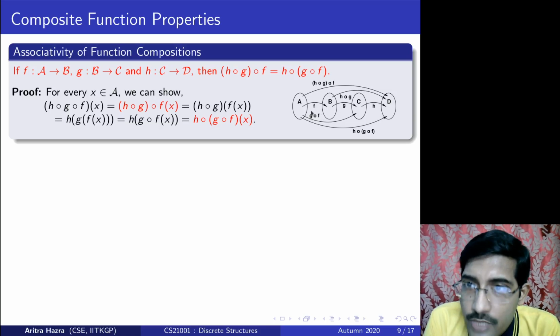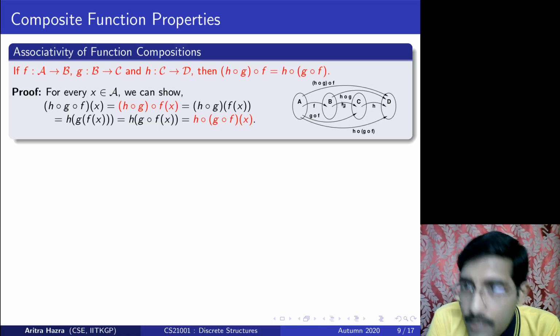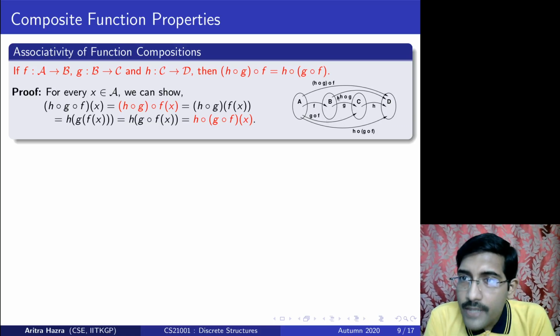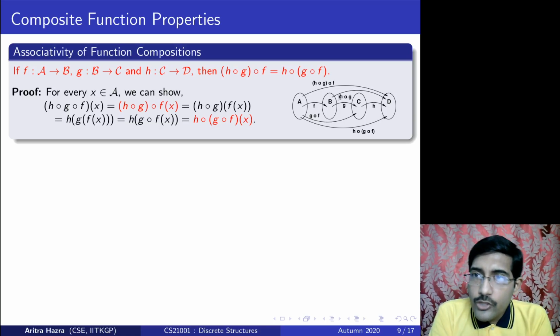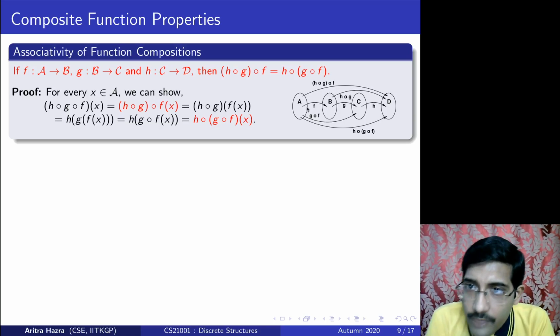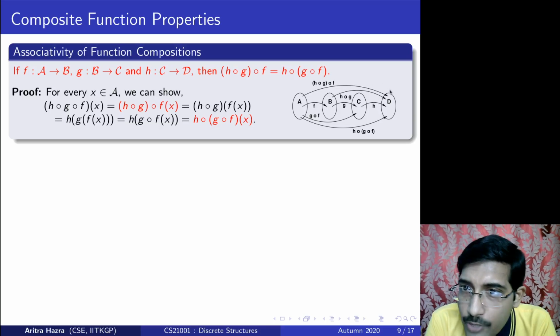When you say G composed with F, it means first you do F and then compose it with G, so it will be from A to C. Then when you say H composed with G composed with F, that means first you do F, then you do H composed with G, so it will be from A